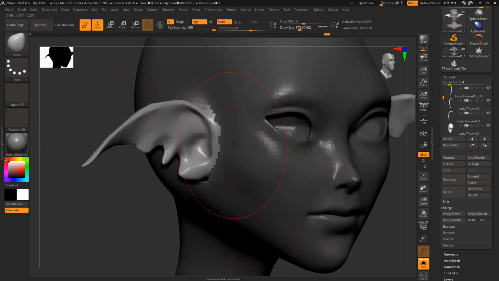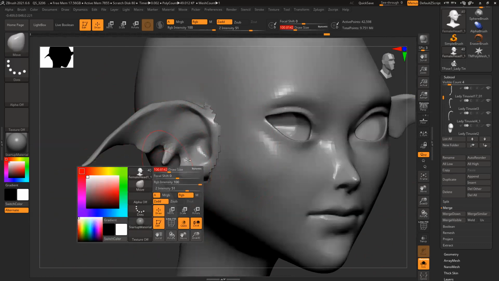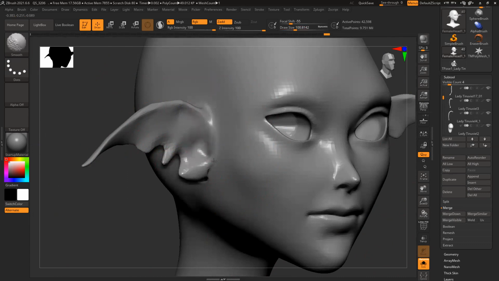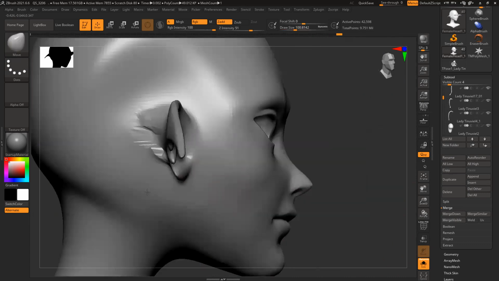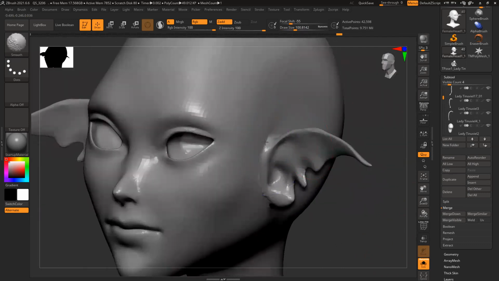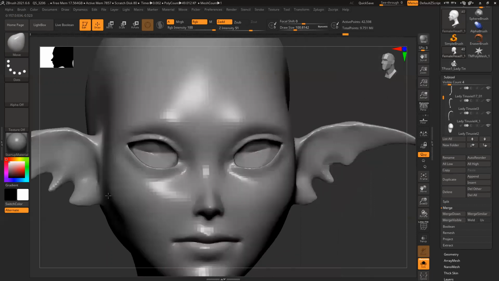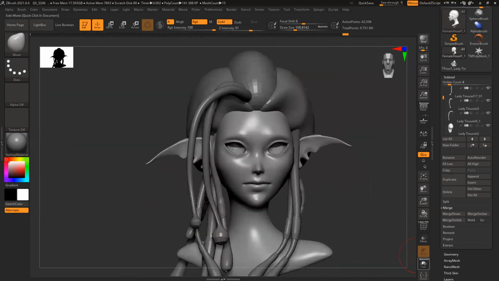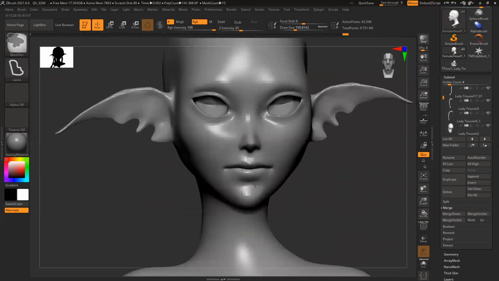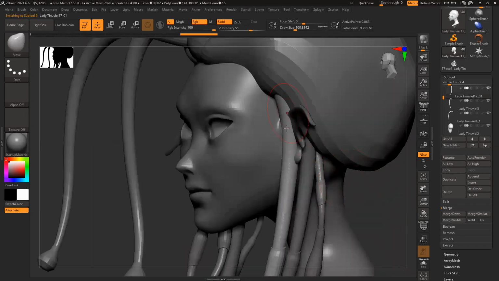I can see my model is still very low poly. My head is very low poly. Okay, and now I can adjust all these things and fix the shape.